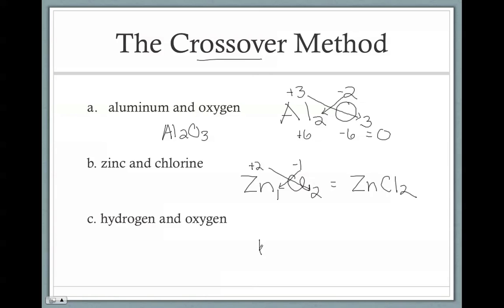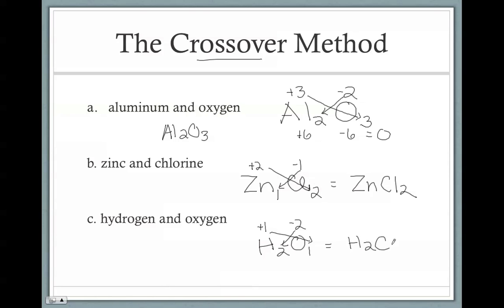Hydrogen and oxygen. Hydrogen is +1. Oxygen is -2. And again, I'm just getting these from my list in the notes earlier for my rules for assigning oxidation numbers. I'm going to cross over my numbers, remember absolute value, so H2, moving the 2 across, O1, meaning my final